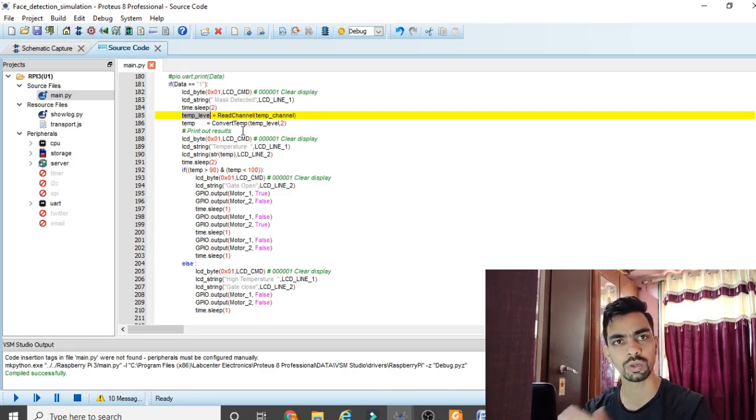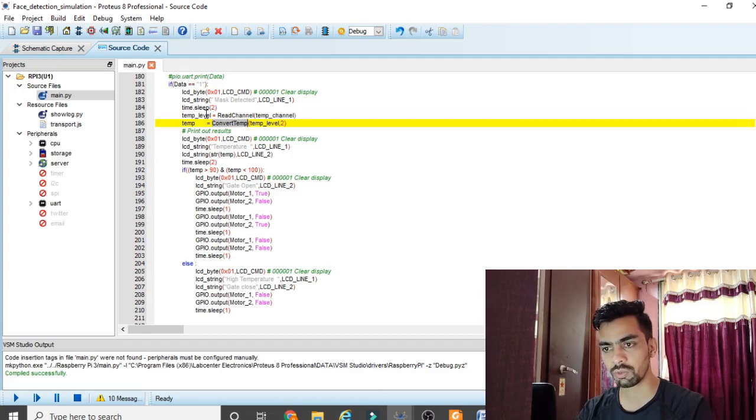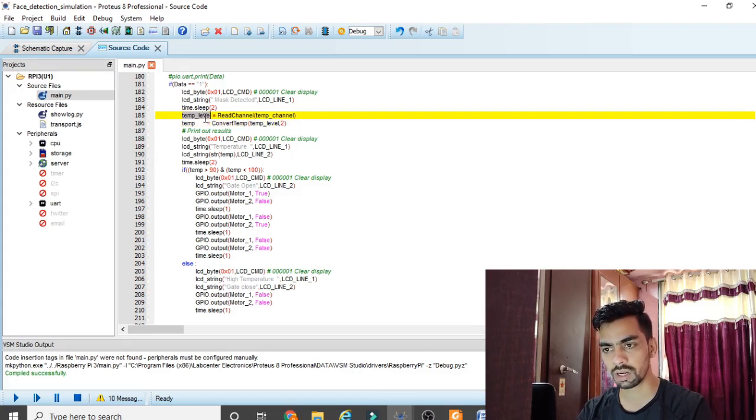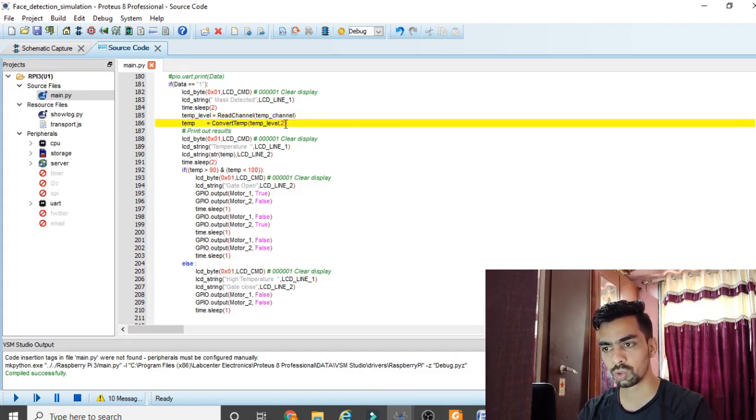coming in the value of 0 to 1024. To convert that value into degrees Celsius, we require this function, convert temp. In convert temp we will pass this temp level value, and 2 means that whatever the data will become, it will be displayed in 2 decimal places only.